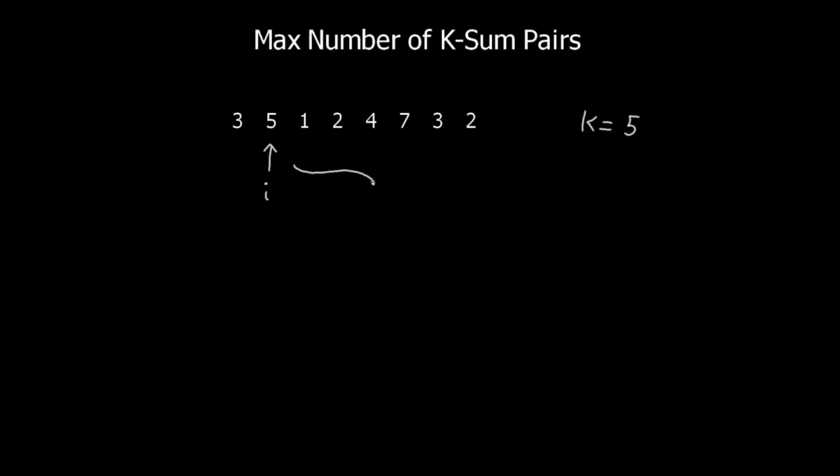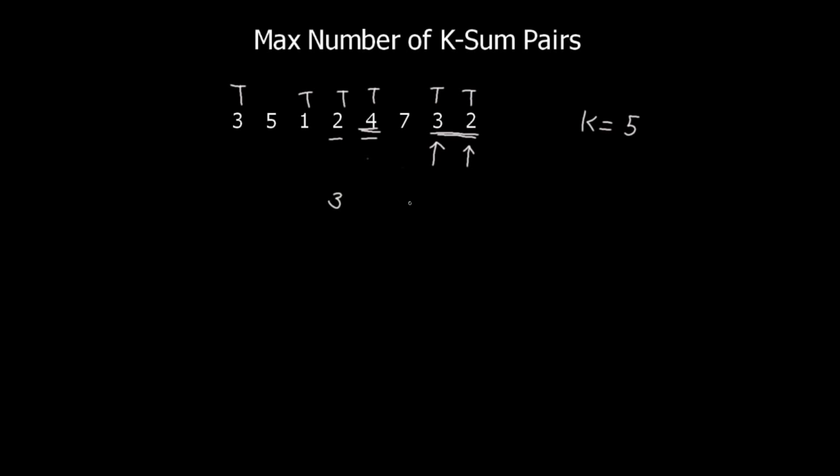Again we look for the required integer in this part of the array, and we found none, therefore i again increases and it reaches here. Again we look for an integer, and this time j starts from here, then goes here, and here it finds a match, so we mark these as true as well. So now these integers are already taken, therefore we skip this integer and this integer. Then i points here, again it looks for an integer, but it has none. We have checked this one also, so we move forward. Again j starts from here, and here it finds a number such that their sum is equal to k, therefore these integers are also taken, and now it's time to come out of the loop.